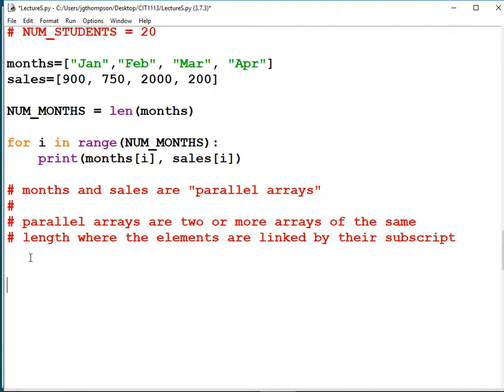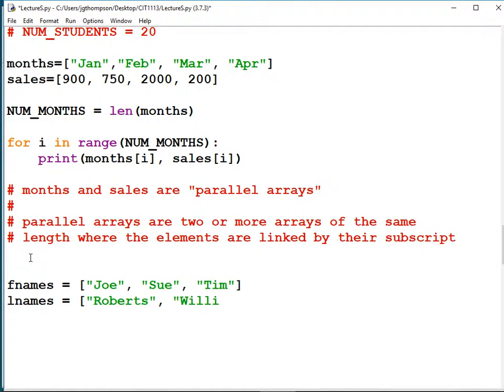We may not use these, but let's make fnames for first names. And let's make a list of first names. We have Joe, in quotes, comma. We have Sue, in quotes, comma. And we have Tim, 3 first names. Now let's declare an array of last names. This is an L, not a 1. lnames is equal to Joe's last name, Roberts, comma.